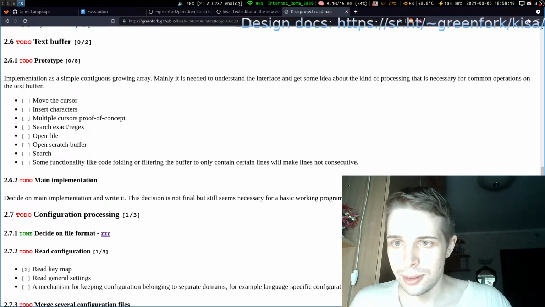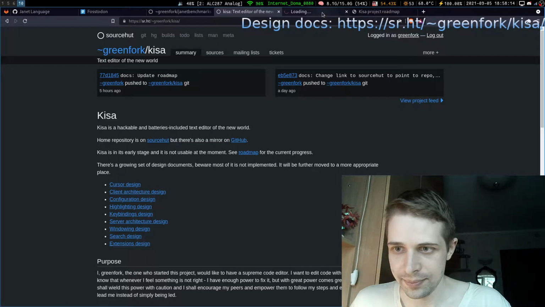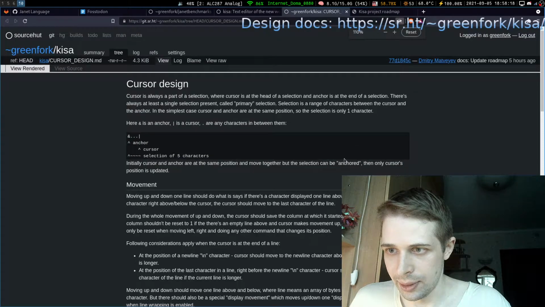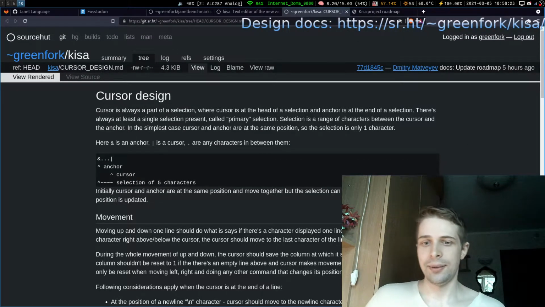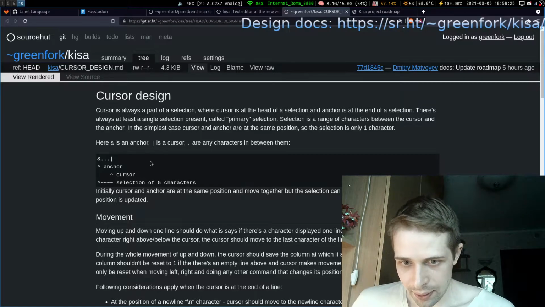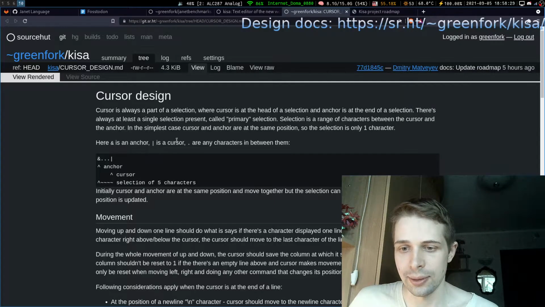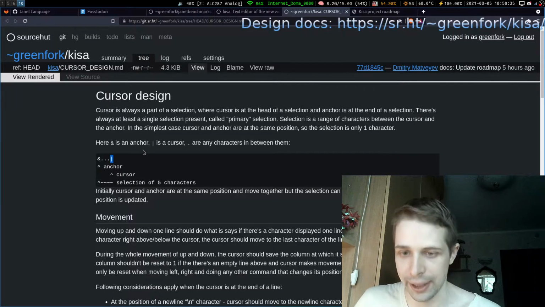And let's also open our design document on cursors for this. Here it is. Maybe a little bit bigger. 132, I think fine. So here, it's a pretty popular paradigm to think about the cursor not just as a cursor, but as a whole selection.